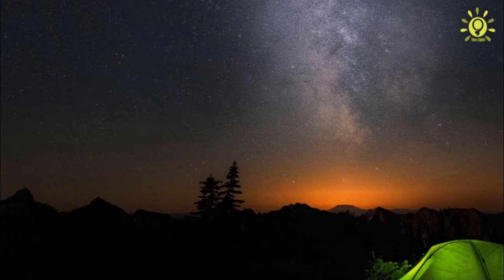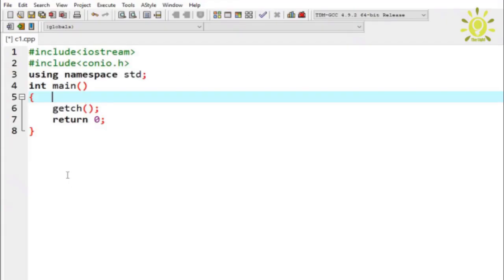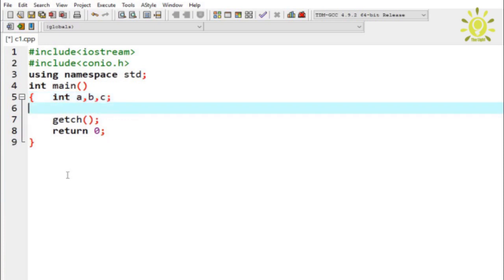So guys, here take an example. First open Dev C++ or your favorite IDE. Here I have already typed the main syntax of the program. In this program I will just declare three variables and display the smallest variable using nested if. Come into the main function and declare three variables of integer type: int a, b and c, and now use the cout function, which is basically used to print a message on the screen.